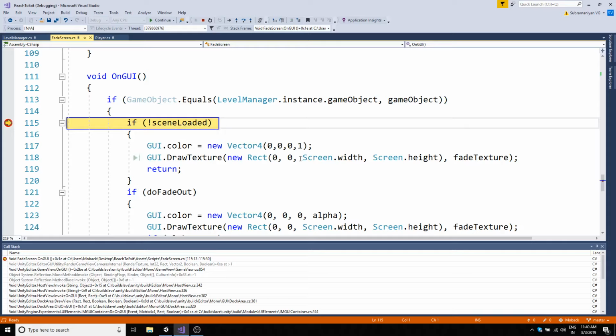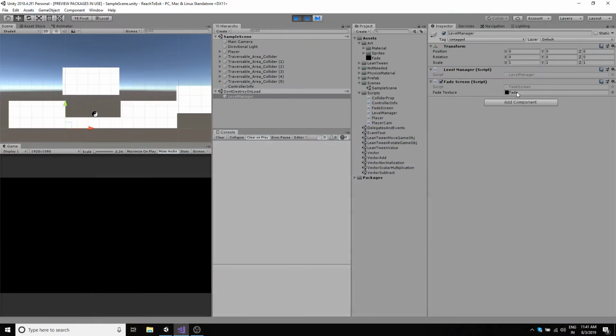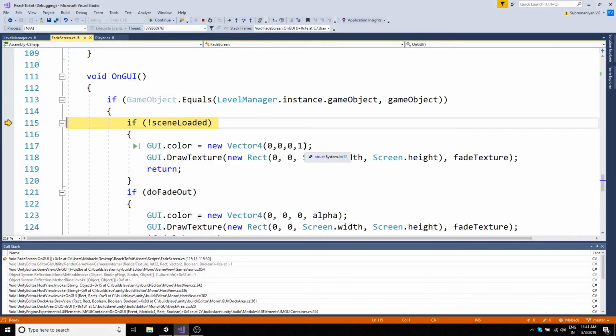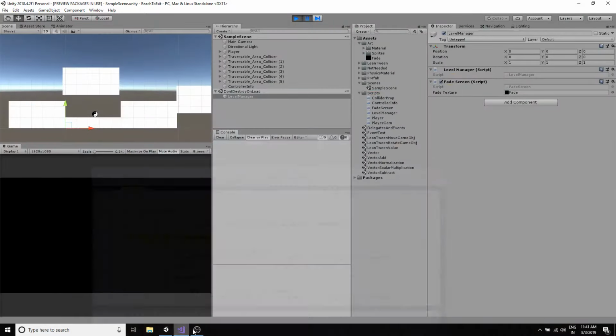Since the scene is not loaded, we will draw a GUI texture, that is we already have this texture over here, that is this fade texture, that is this black texture. And since the scene is not loaded, make sure to keep the fade texture as complete black. So here we are giving the color GUI.color new Vector4 of 0, 0, 0, 1. So we are setting to black. Okay, GUI color, and we are drawing a full screen texture, from 0, 0 to screen width and full screen height,